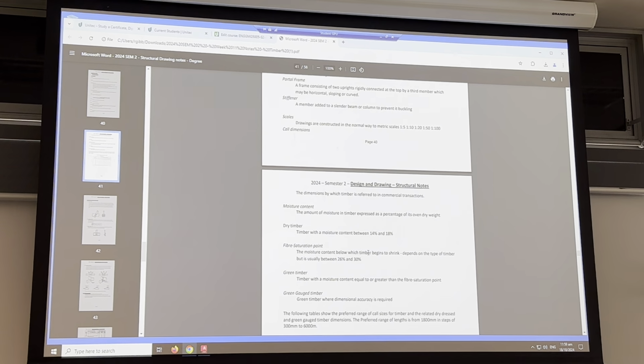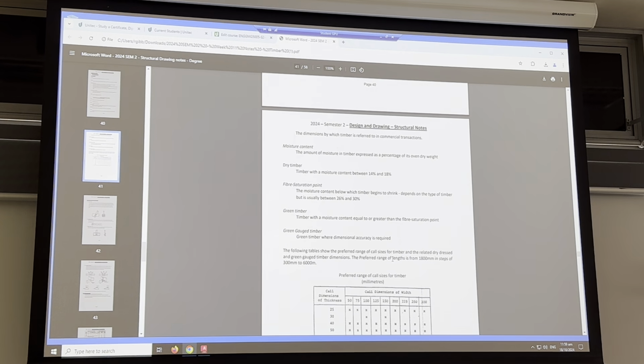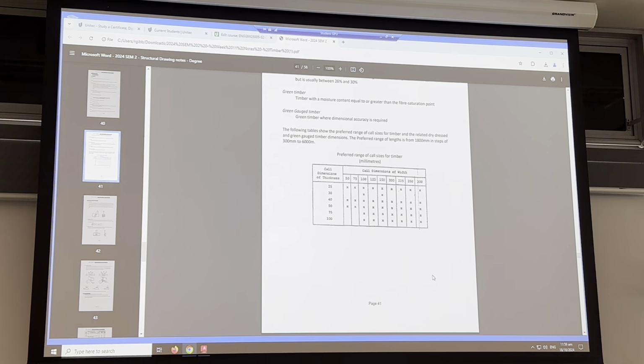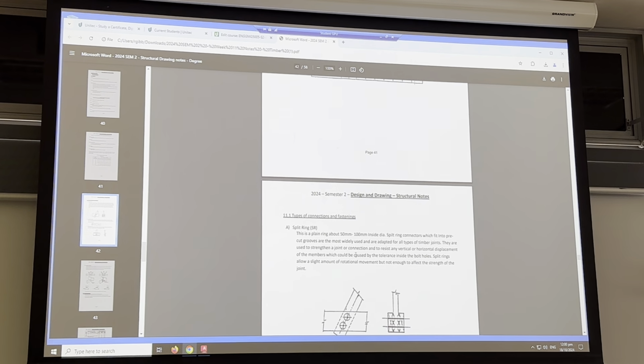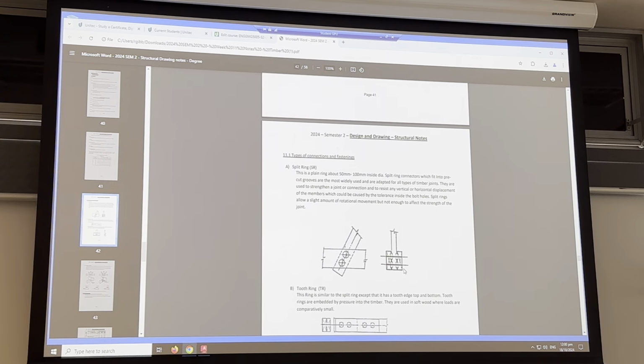They try not to build in anything that's reached fibre saturation point, but sometimes it's a little bit difficult not to actually build without it. If you've got timber waiting and you've got guys on site, they generally will be picking it up anyway. So the split rings is quite cool because you've got a couple of details here, the sideways one and